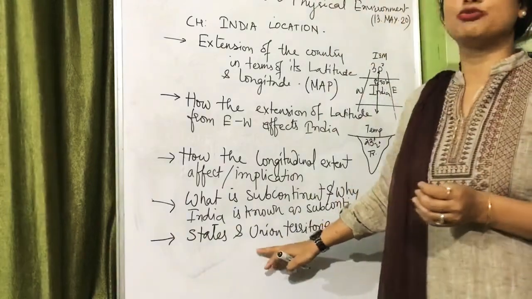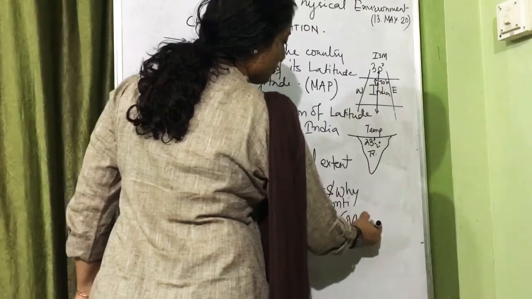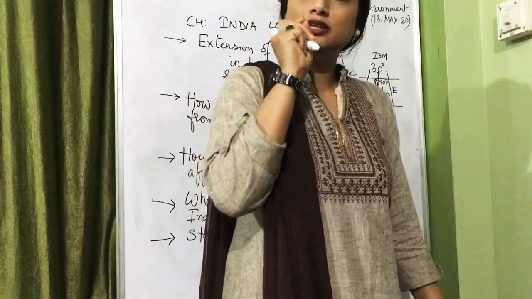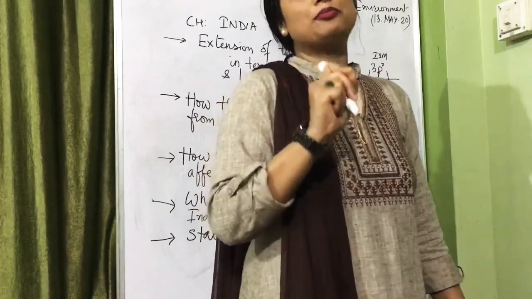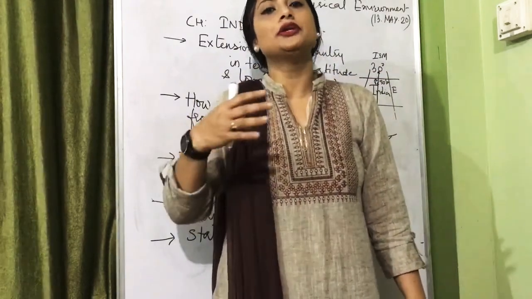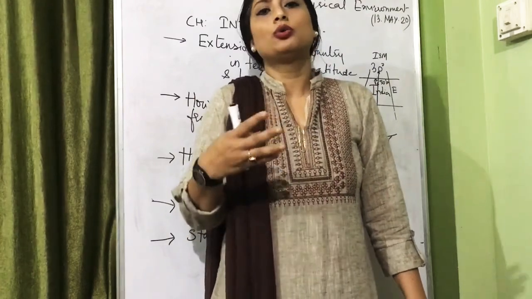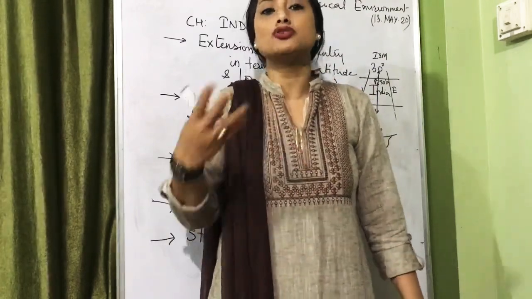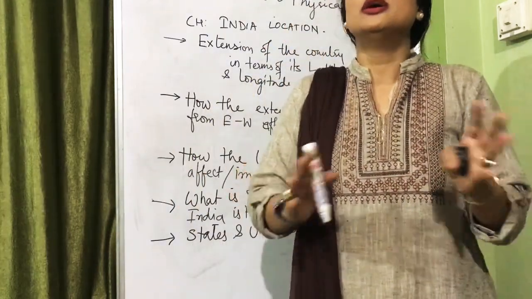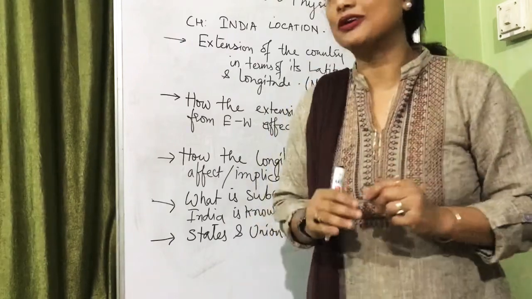territories. So that is very important, and here I would like to tell everyone to please practice it over the map, because you should know the location of each state and each union territory in the political map of your country. Then only you can study the physical environment of our country in a better way. You can know which are the states through which Ganga passes, or which are the states where we find the Vindhya range or Satpura range, because after this chapter you are going to study all about the physical environment in different parts of the country. So it's better you should know which state is located in which part of the country.